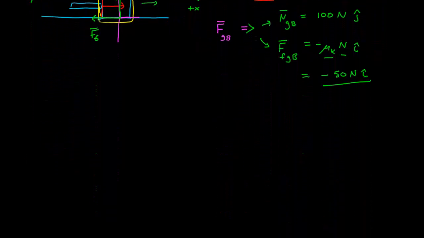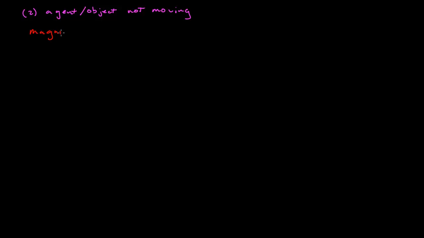Now we have to move on to the next section where we're going to look at where the agent and the object are not moving. Agent, object not moving. All right. So in this case, we have a magnitude